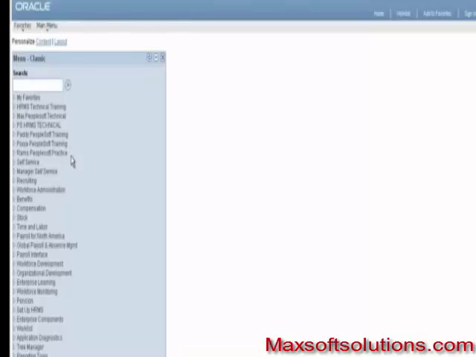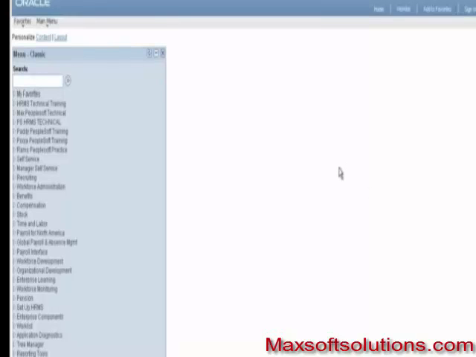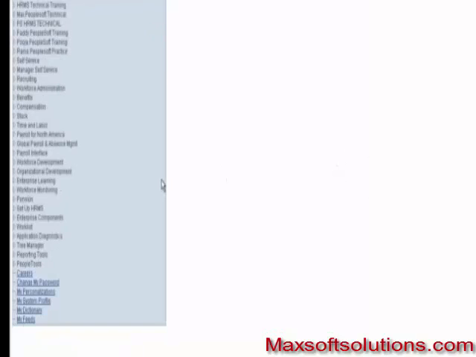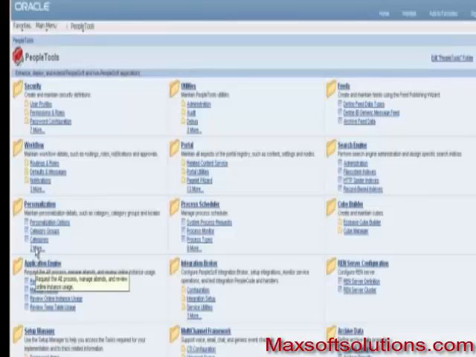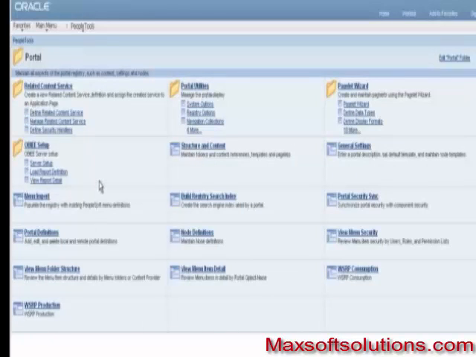Just follow my steps to create the navigation. Open your front end, log on to the front end. The window will be like this. Go to the People Tools. At the bottom you will see the option People Tools. There I am entering into the portal folder. This is my portal. Here I am clicking on the structure and